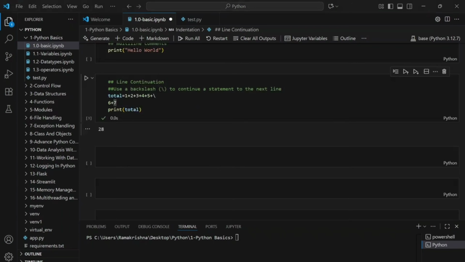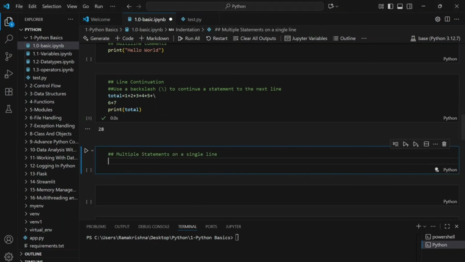Now we are going to understand how we can write and execute multiple statements in a single line. Suppose I'm assigning a few variables, like x is equal to 5. I also have another variable to assign, y equals, suppose, 10.